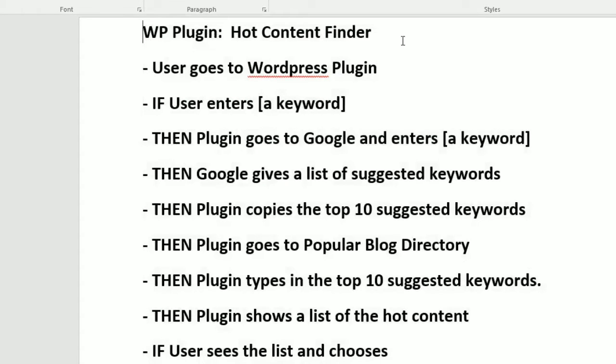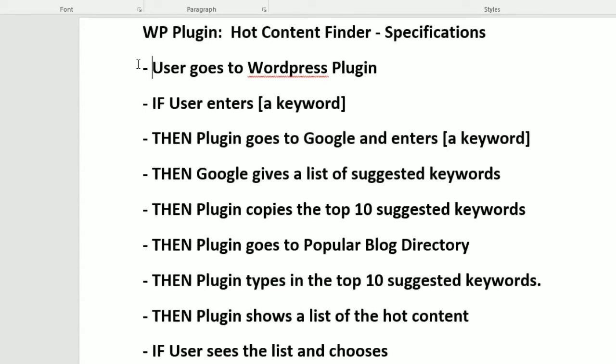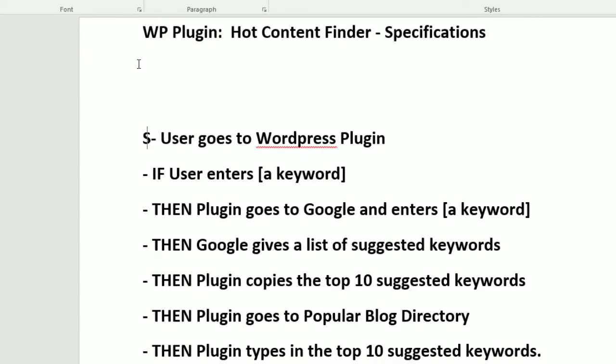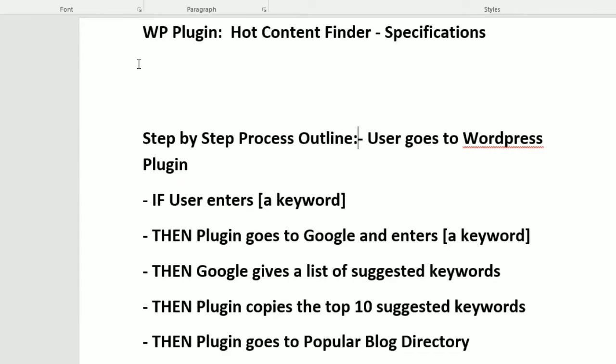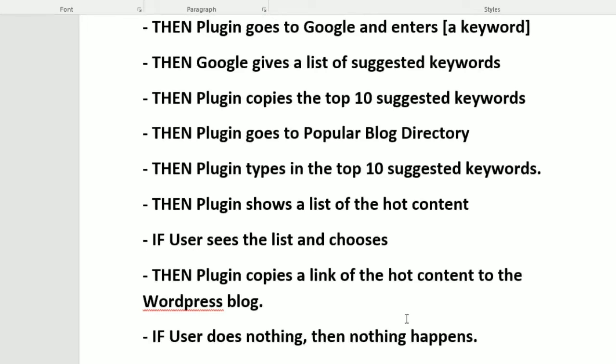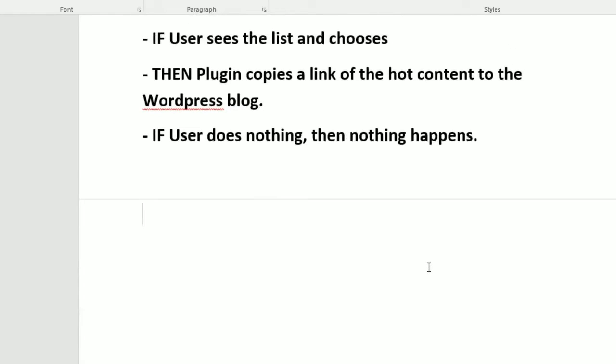WordPress plugin, hot content finder, specifications. And specifications is just a fancy name of a document that contains information for telling the programmer what to do. All right, so this is a step-by-step process. You can say step-by-step process outline, and then below that we want to have the flowchart,